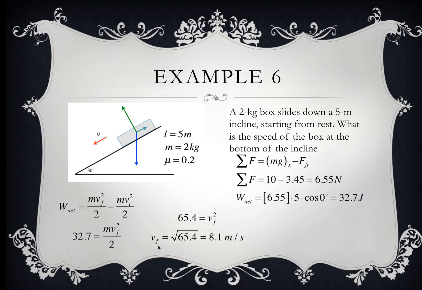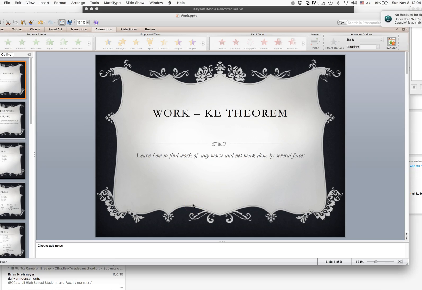65.4. And then if mass was 2 kilograms, I was supposed to divide it by 2. Messed up! Oh boy. So let me recalculate it real quick. Teachers do make mistakes. 65.4 divided by 2, square root. It should have been 5.71 instead of 8.1. I am really sorry, but as far as physics goes, either it's 8.1, which is incorrect, or 5.7. It's still greater than initial, so that works out. So your net work was positive, and the object ends up moving faster than before. And this is it for